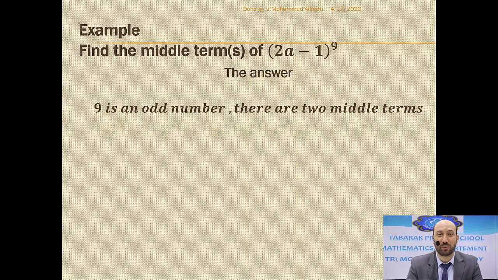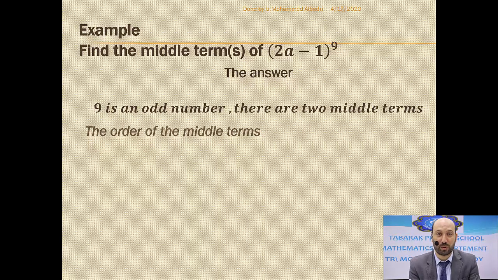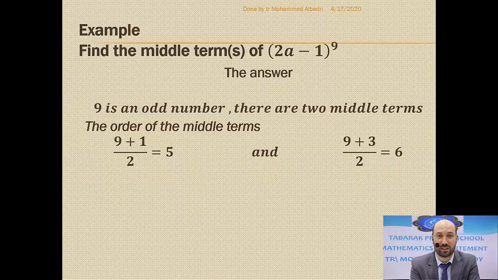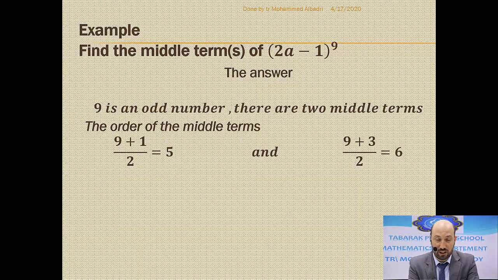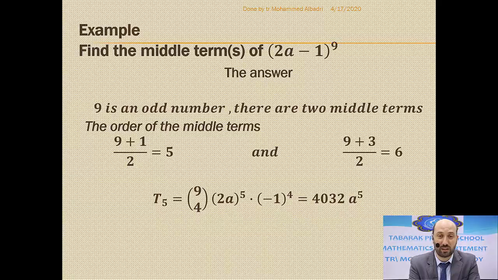So now here 9 is an odd number, so there are two middle terms. The order of the middle terms is (9 plus 1) over 2, which is 5, and (9 plus 3) over 2, which is 6. So now we have to find the fifth term and the sixth term. For the fifth term, it will be 9 choose 4,